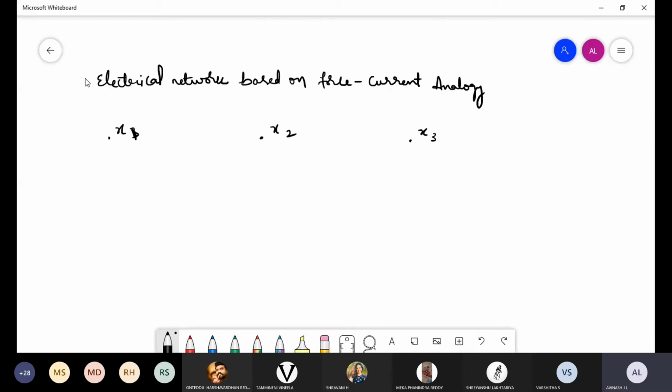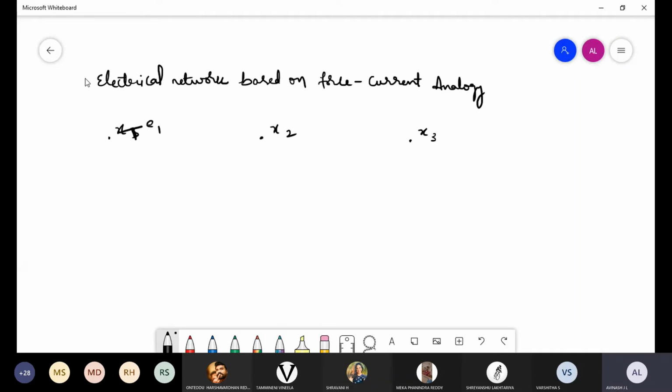Now in this particular numerical there are 3 nodes, and when we are converting any mechanical system into an electrical system in the force current analogy, the circuit and the mechanical network will be of the same form. Only the parameters change: instead of mass, we use a capacitor; instead of spring, we use an inductor; and instead of dashpot, we use a resistance. Apart from that, everything is the same. Connections, nodes, everything is the same. So here x1 we cannot consider; we can consider x1 as E1.